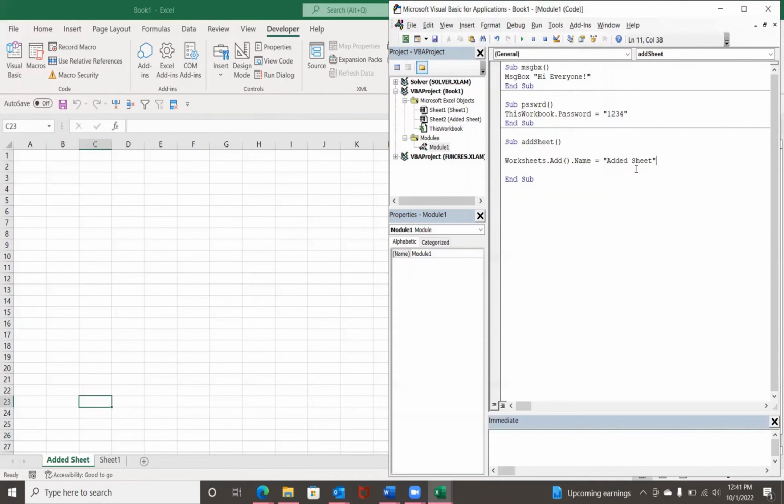So we can also move this worksheet, and to do that, we can create a new sub titled Move Sheet. With this, we're going to take our worksheets object, and we want the specific worksheet that is titled added sheet. So we're saying we just want the worksheet titled added sheet, and then we want to move it